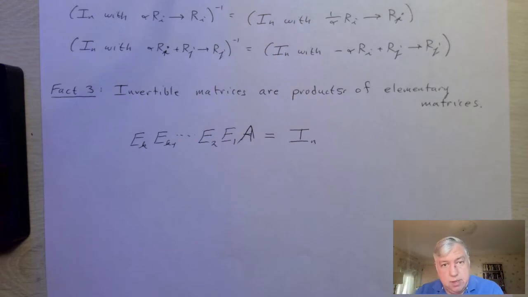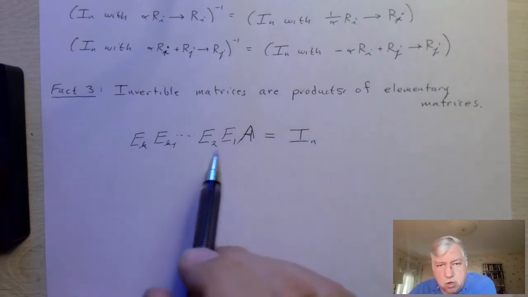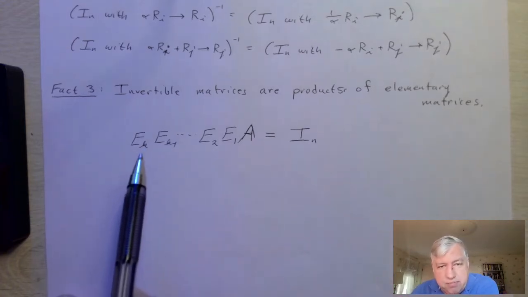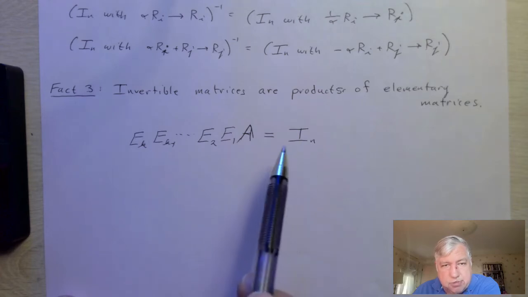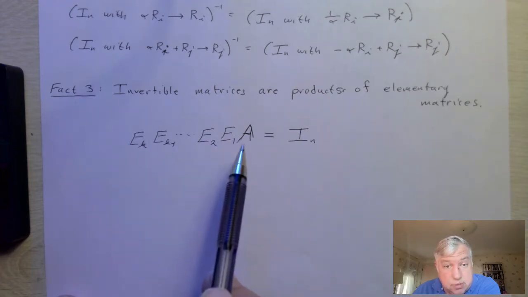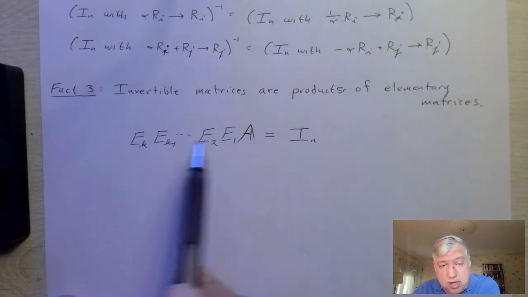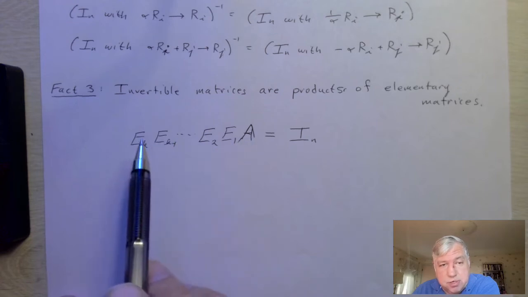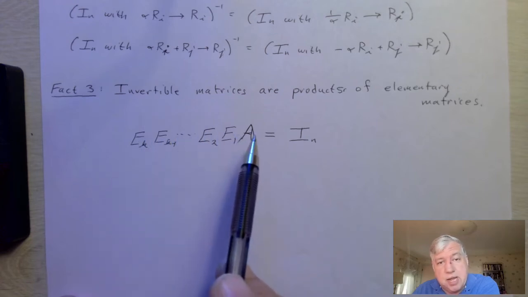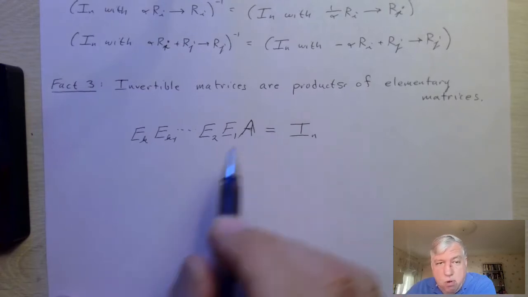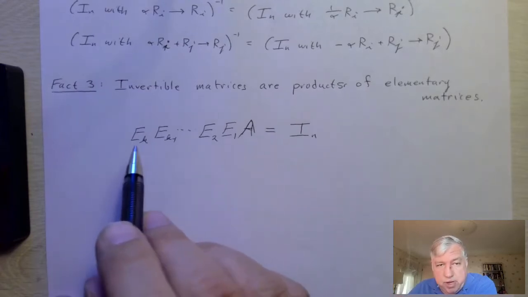So this just reflects that IN is the reduced row echelon form of A. In particular, the reduced row echelon form will also always be a series of elementary row operations times A. And then what we can do is, because they're invertible, we can first multiply